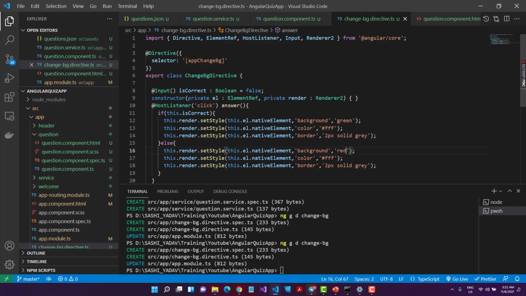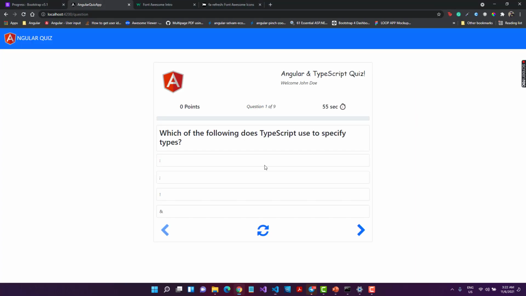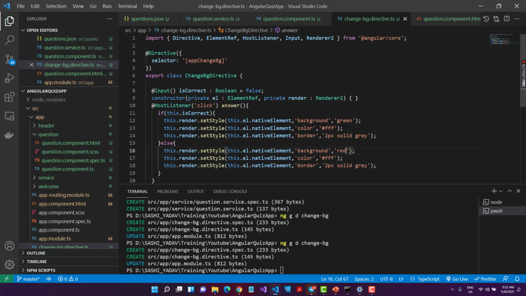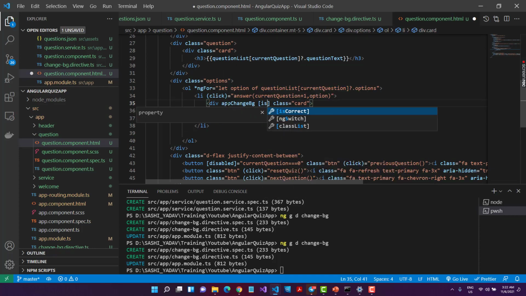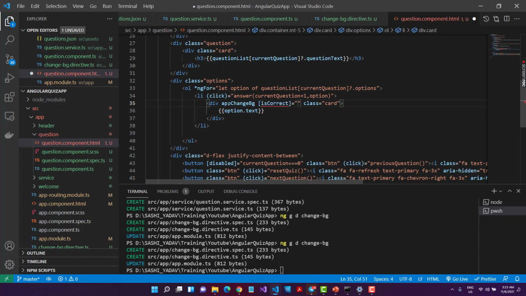Okay, but I want to use it somewhere. I want to change the background color of the options. So this is my options. I want to change the background color in terms of a condition. So I'll have to use this directive now. Just copy the selector, change directive, and go inside our options. If I scroll up here, you can see in the options we have this div in the list. So I'll use it here, and this is also expecting an input called isCorrect, and that value I will pass from options. Okay, option.correct,